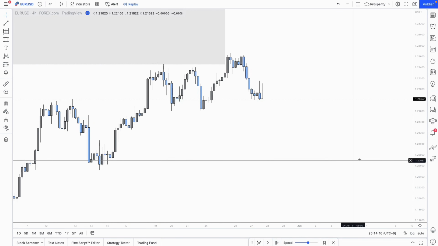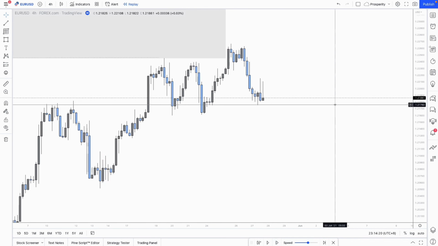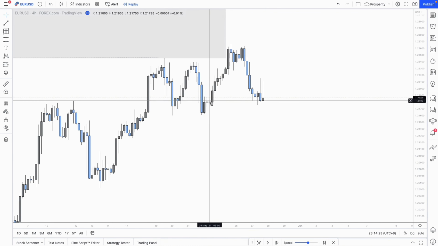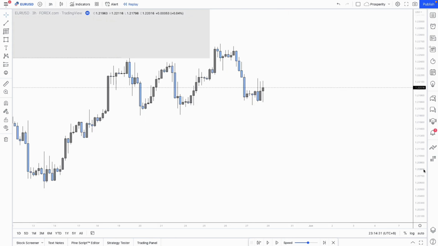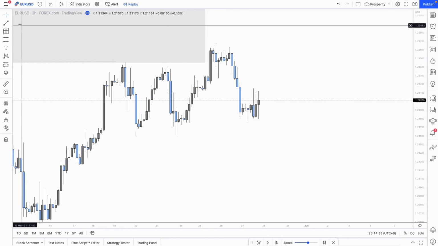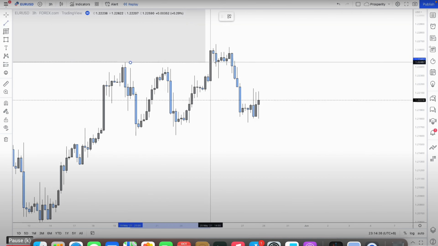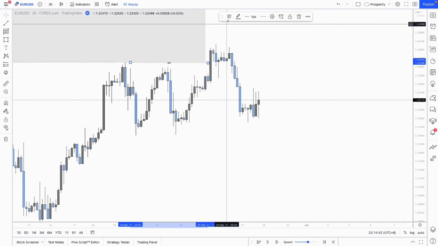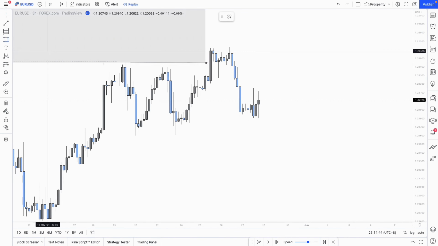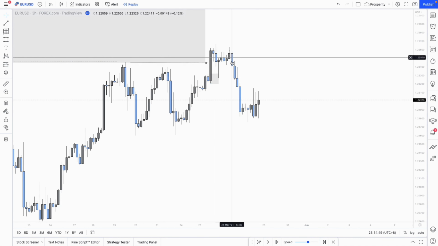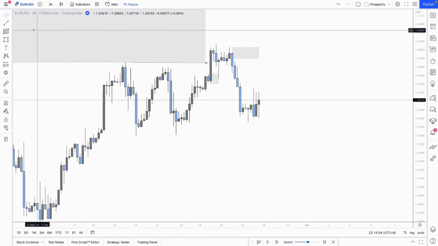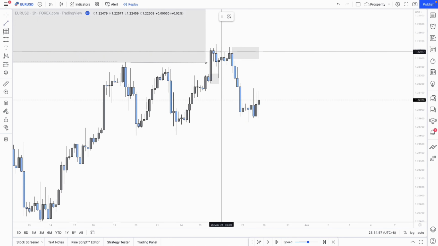You can see right here that we have created equal lows. We haven't really taken out the lows, but if we drop down to, I don't know, let's say a 3 hour, you will see right here, our change of character, we'll see that our liquidity has been swept. The sweep, you can see that we have a reaction to the demand, and then the demand gets broken, and the demand is broken from our 3 hour level, which meets all of the criteria of what makes a successful supply